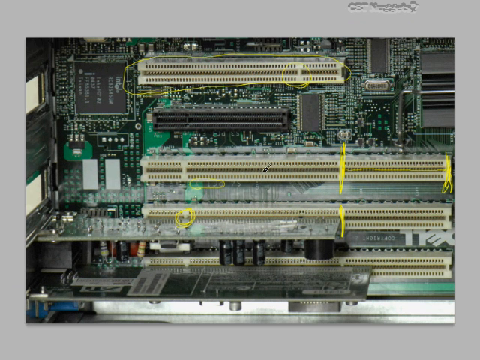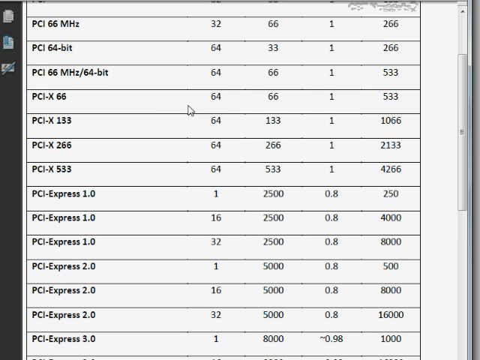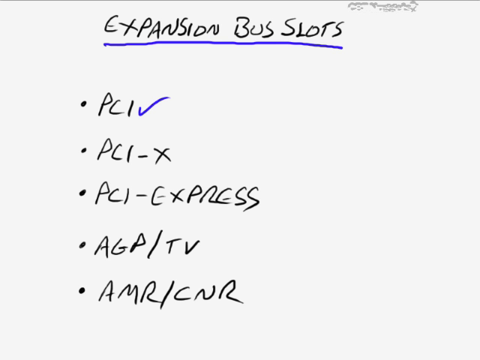Okay, as we go back out even further, now at 30,000 feet here. So as we take a look at that, if we go back to our document, notice that here PCI-X is always 64 bits all the way down through, and you're normally going to see that in servers. It is backwards compatible to all previous versions of PCI, but it is not compatible with PCI Express because the notching and the location of all of this is going to be different. And then that takes us back here to our PCI-X slots. Okay, and remember, those are normally found in servers, 64 bits in length. May not be part of the A+, but it's important to know anyway, just in general.